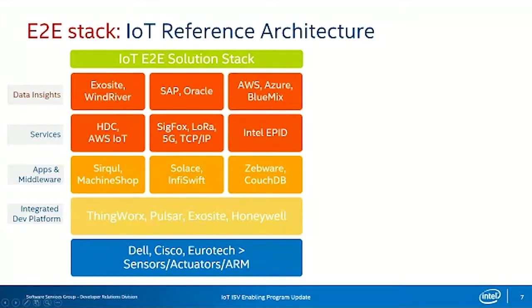So far, you really have the story of the edge. But somehow, in some way, you need to communicate this in very different environments to the cloud as well. And that's where things like the cloud service providers come in. When these solutions are deployed to the cloud, you want to do it reliably and securely. So Intel EPID is a solution that I'll talk a little bit about later if I have time. Sigfox and LoRa are low-power wide area networks. You have Helix Device Cloud and things like Amazon IoT. There's an Azure IoT offering as well.